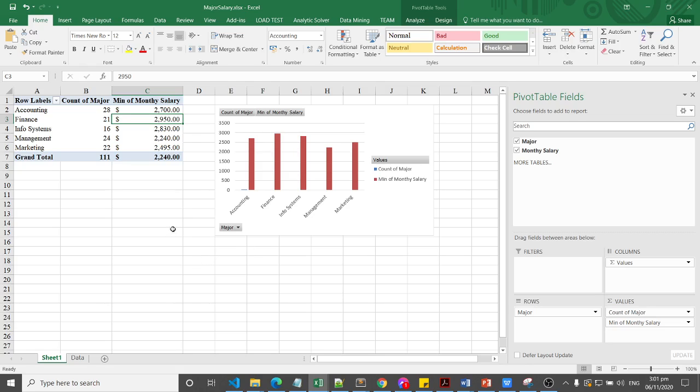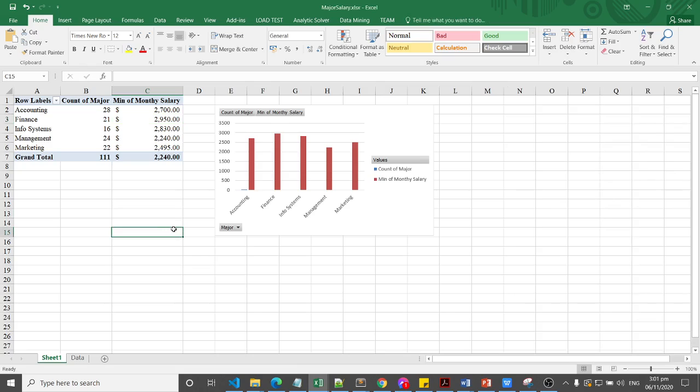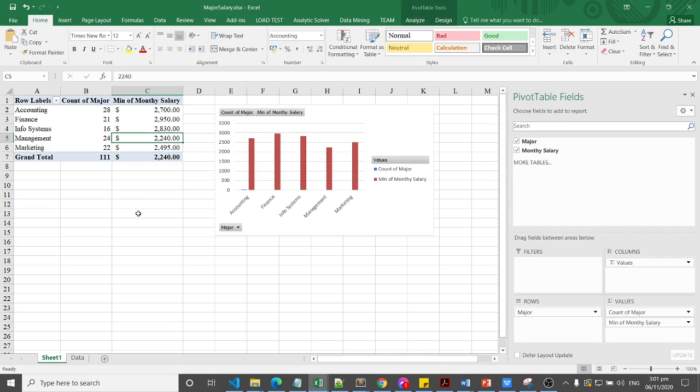All right. So we see that management students have the lowest starting monthly salary at $2,240.